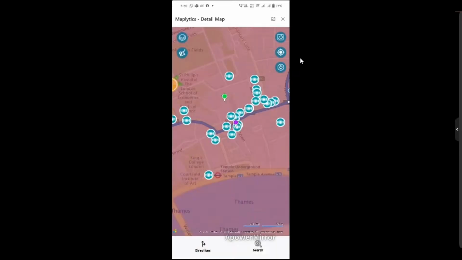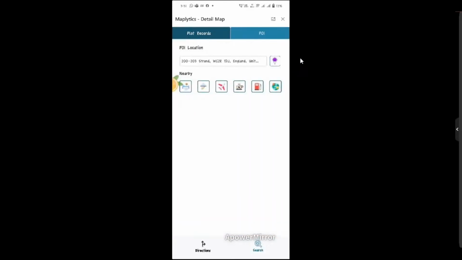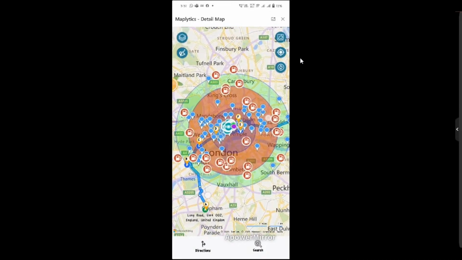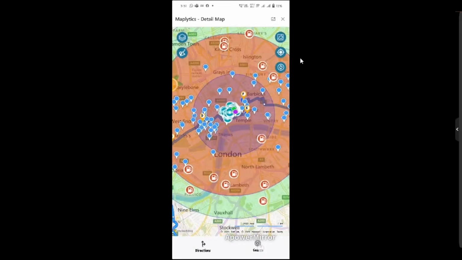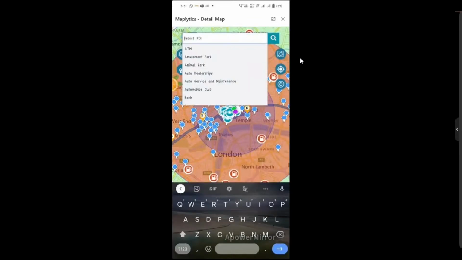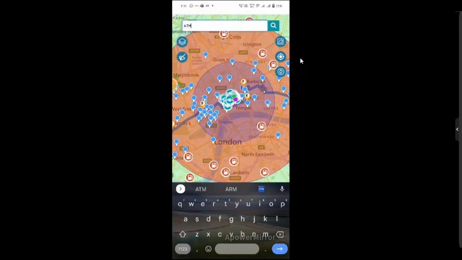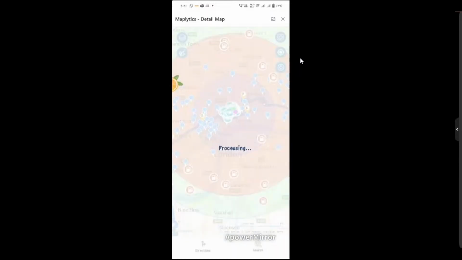So here you can see the restaurants have appeared over here. Let's say I'll go for the gas station. If I want to refuel my vehicle, I can go for the gas stations. If I want, I can also go for other locations as well. So it basically gives you a whole list of locations over here. You can just type it over here. You can give it a keyword as well, and you'll be able to see a whole list of locations that you can go for. So let's say I'll go for ATM, I'll click on search,